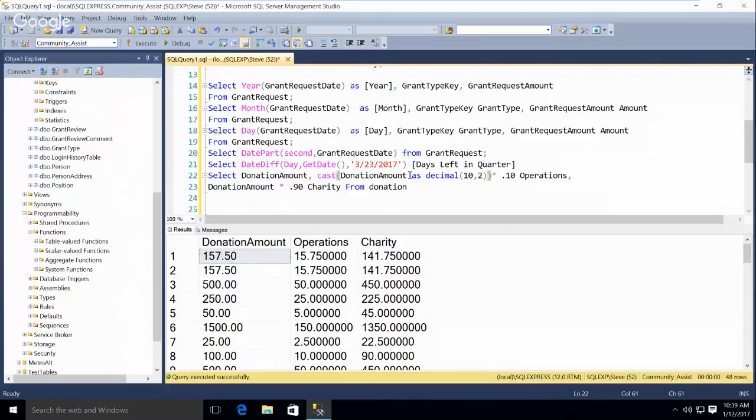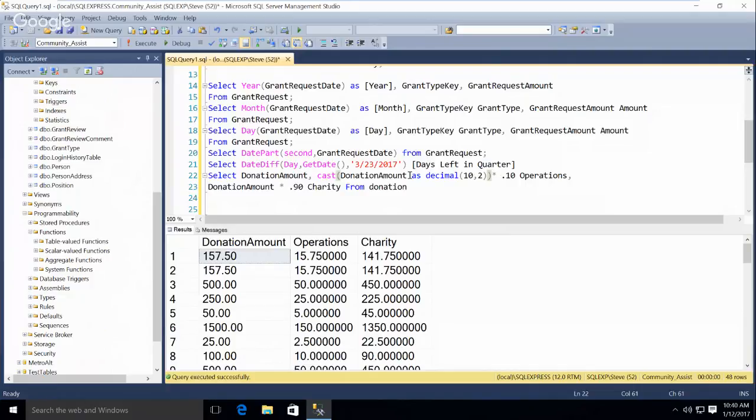So I just wanted to show you the cast. It's not necessary. In the parentheses, is that 10, 2 or 10.2? It's 10, 2. With the decimal data type, you have to say how many total digits you are going to use. 10 is an overkill there. And then how many of those 10 digits are going to be to the right of the decimal place?